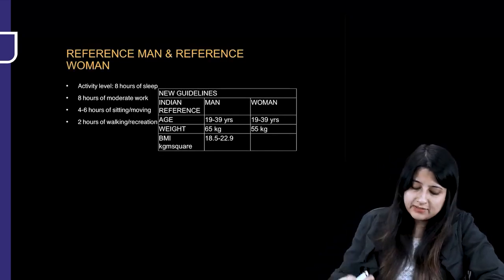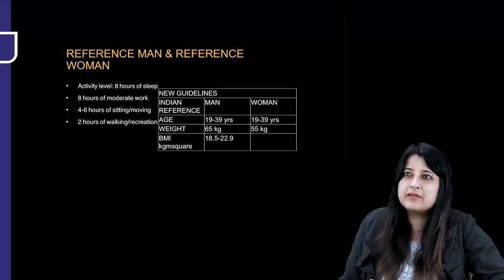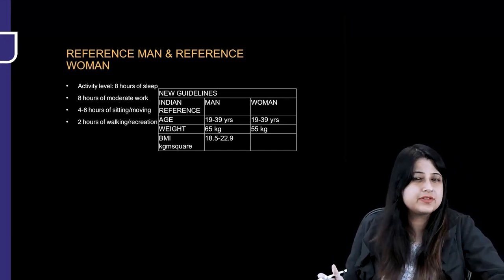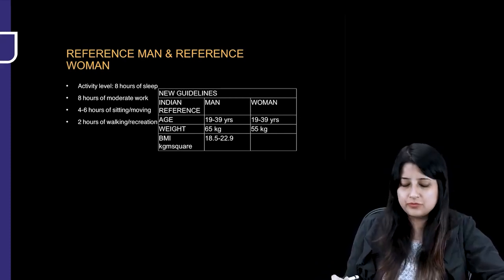So in this class we'll be doing a rapid revision of the chapter of nutrition, okay? Alright, so first of all, it's been divided into different parts, like we'll be starting with reference man, woman, all the essential macro, micronutrients, vitamins, food adulteration, and towards the end the programs as well as the food logos, okay?